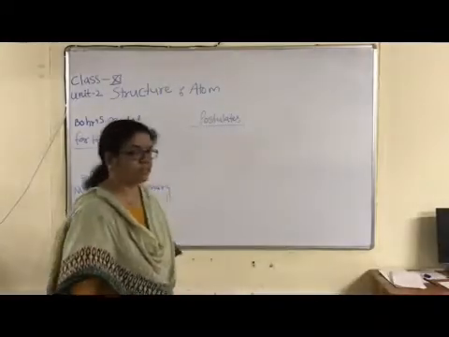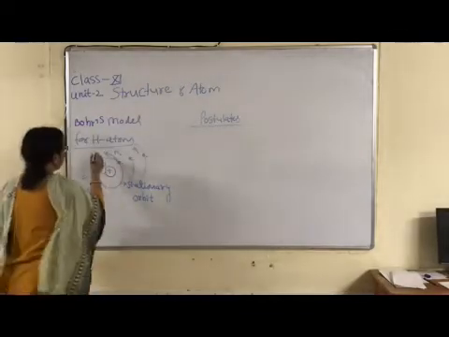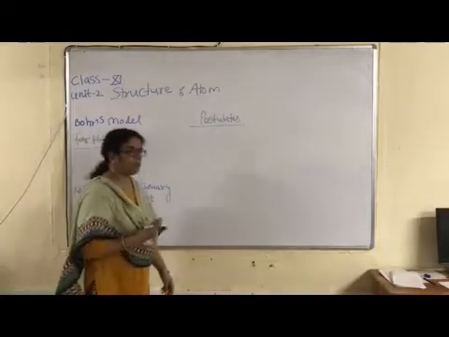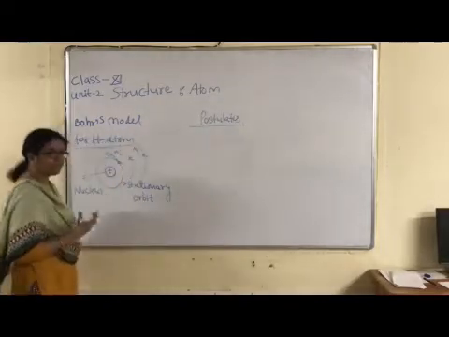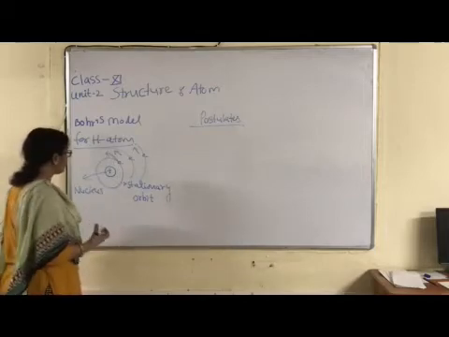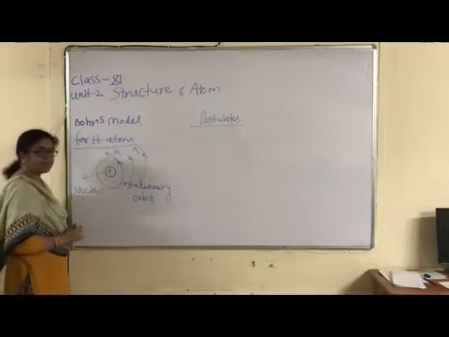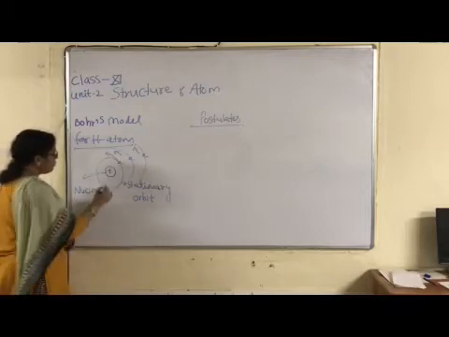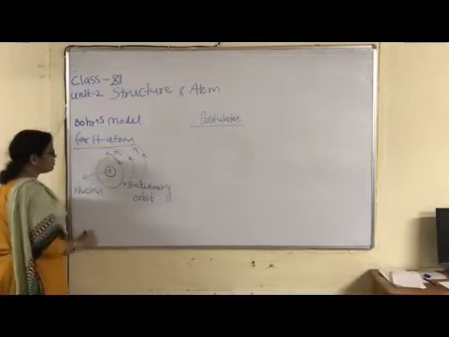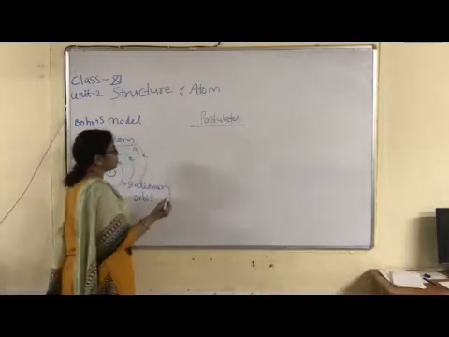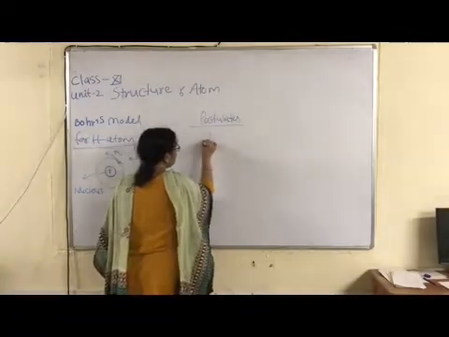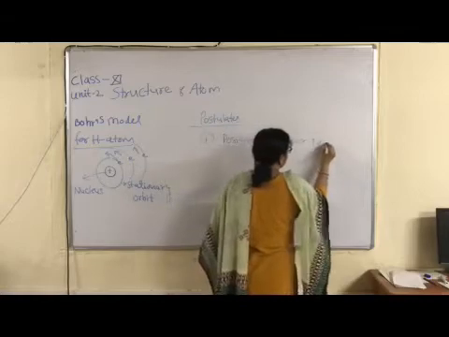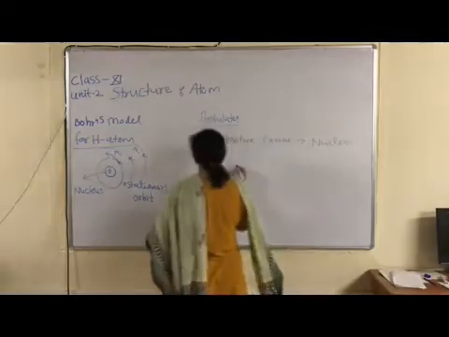Children, now we will discuss Bohr's model for the hydrogen atom. One postulate is similar between Rutherford's model and Bohr's model. Rutherford said that a positive center is present in an atom, which is known as the nucleus, and according to Bohr's concept also a positive center is present, which is known as the nucleus, but other postulates are different. So the first postulate of Bohr's model: a positive center is present which is known as the nucleus.